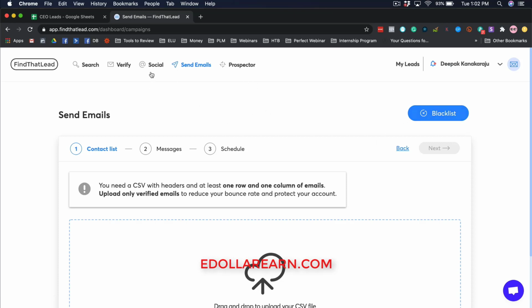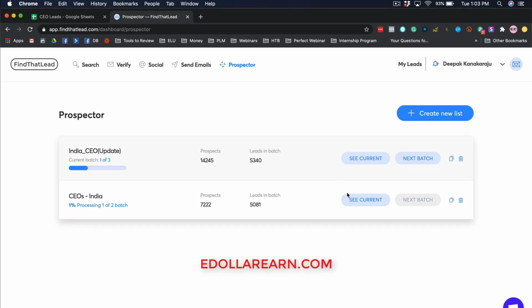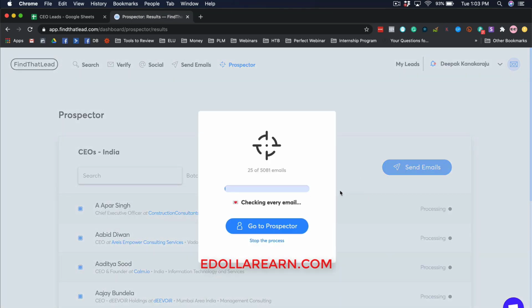What I would recommend is that if you want to send out emails, I'm going to show you a few more tools such as Mailshake, Klenty, and you have Woodpecker, GMass. All these tools are going to get connected to your G Suite account, and they are going to send out emails on your behalf directly from inside your email account, which is the most efficient way to do it. And I would recommend that you use Find That Lead just to generate the leads and not to try to reach out to them. And here you can see right now 25 emails have been processed, and let the entire batch get processed, and probably in a future video I will show you how this entire process works.